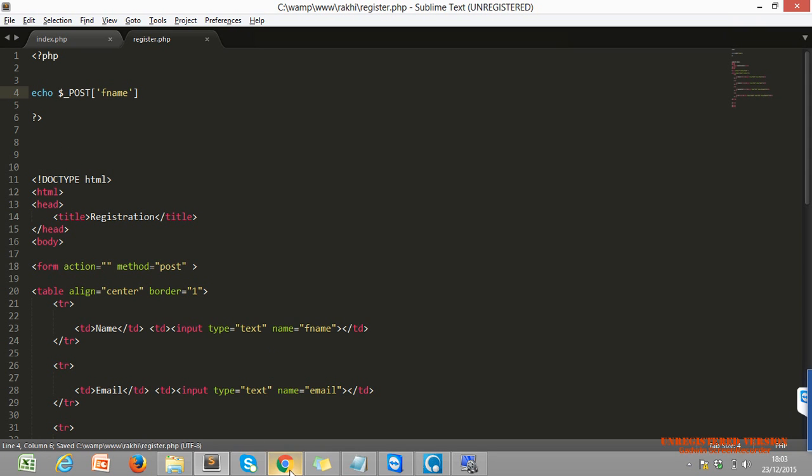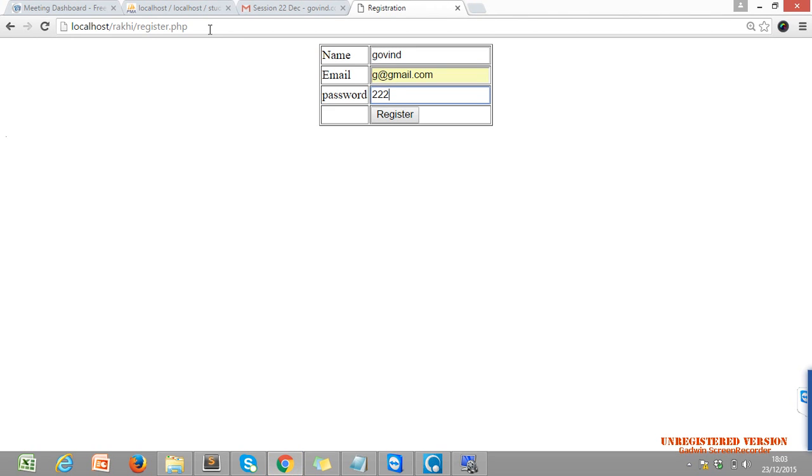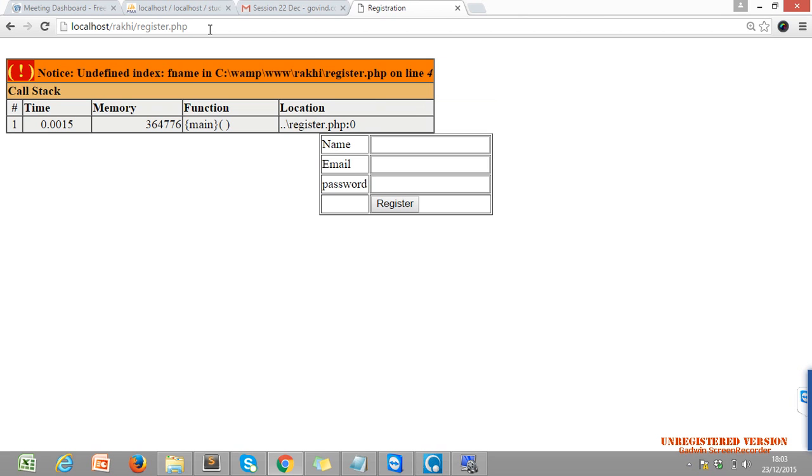That will print after submitting only. And firstly, if I refresh, I will get an error: undefined index fname. We already saw this error, and we will rectify it. Why is this error coming?